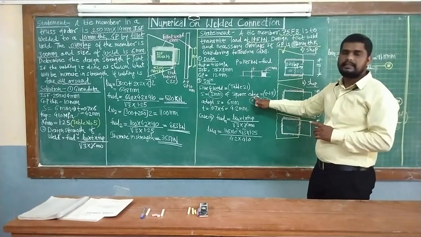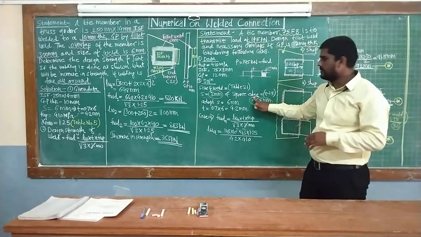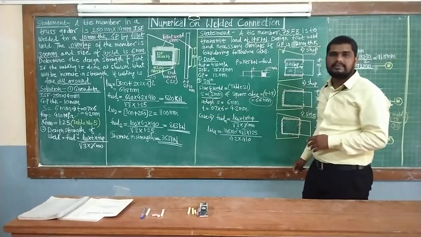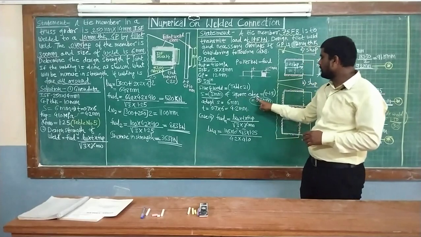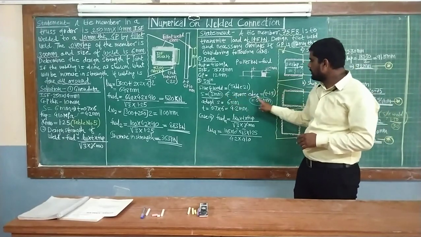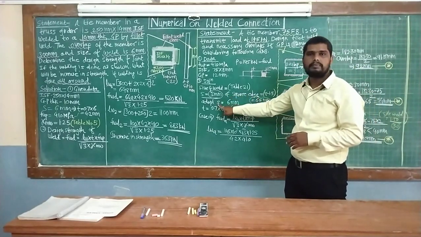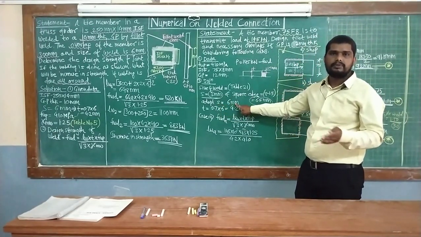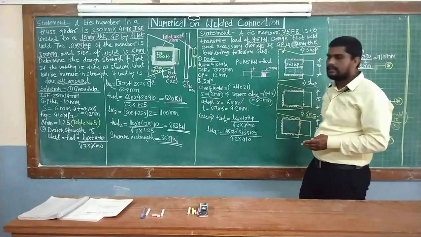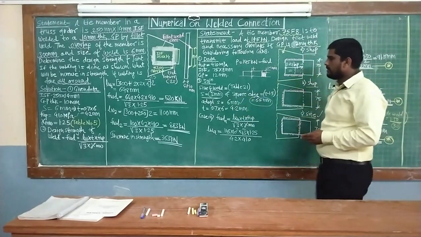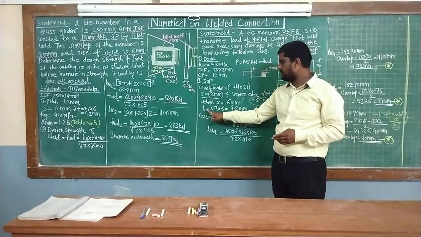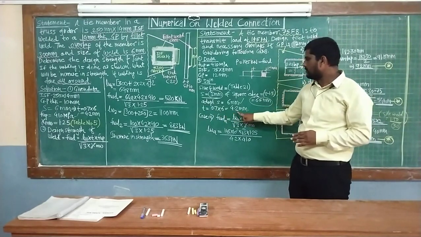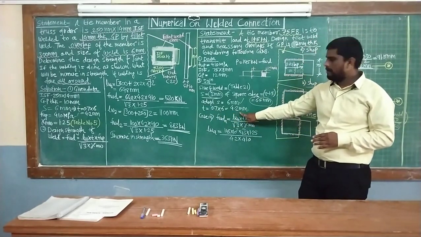So whatever the answer is, it is applicable only to square edges. Then from these two values, the size of weld is 3 mm and square edges is 6.5. In between these two values, adopt or provide a size of weld of 6 mm. You can provide 4 mm also, or 5 mm also, but we have considered 6 mm here. Then find the throat thickness T, which is equal to 0.7 times S, where S is equal to 6 mm. So the answer is 4.2 mm.